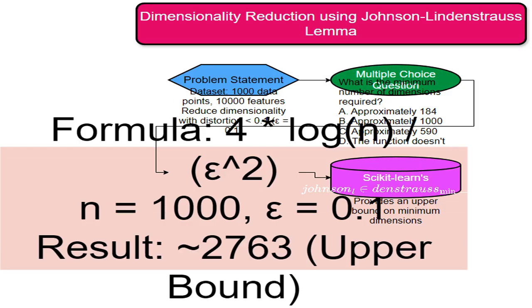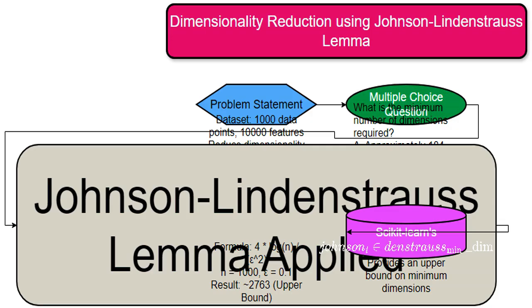I'm using a formula to estimate the minimum number of dimensions. N represents the number of data points, 1,000 in this case, and epsilon represents the acceptable distortion, 0.1. The formula calculates an upper bound. The formula, in words, is 4 times the logarithm of the number of data points, divided by the square of the distortion. I'm using a function called